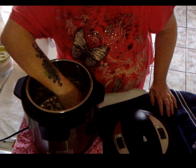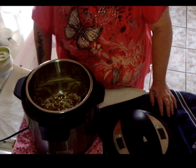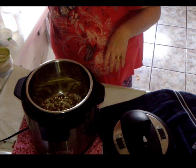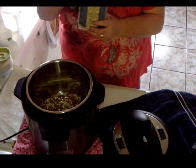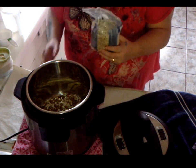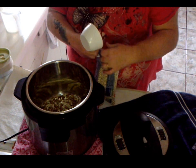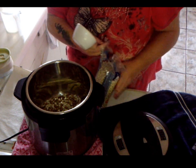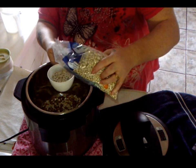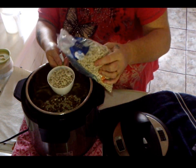In my pot here, I have some soup beans that come in a package. You know, they're all different beans. But I also want to add some great northern beans to my pot. So I'm going to do that. We're going to add some of those. Hopefully I don't spill it everywhere. I want to add at least about a cup